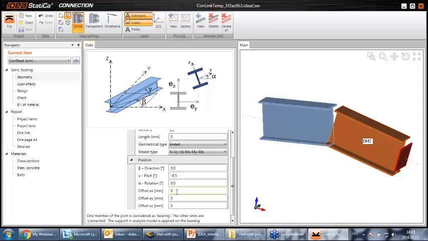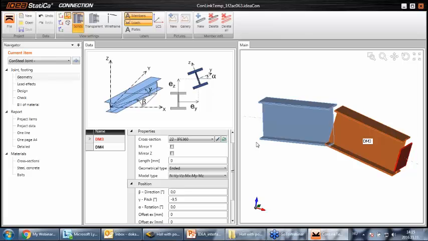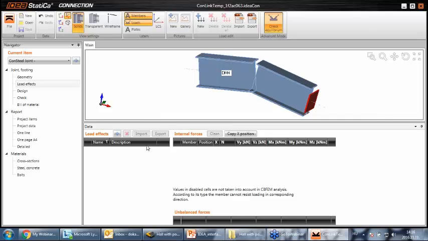Currently there were no offsets defined in ConSteel, but if there would be offsets, that would be imported to IDEA. Also, if you would have not an ended type of joint, but a continuous one, that would be imported from ConSteel to IDEA Connection. The other thing that IDEA imports from ConSteel is the load effects. Okay, but currently analyses were not run in ConSteel, so